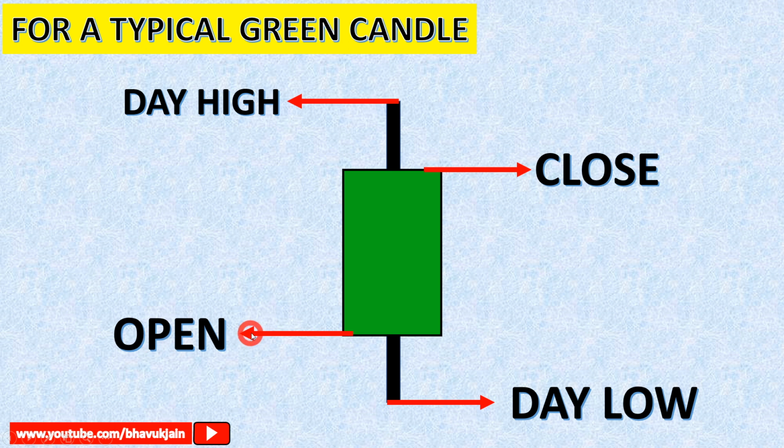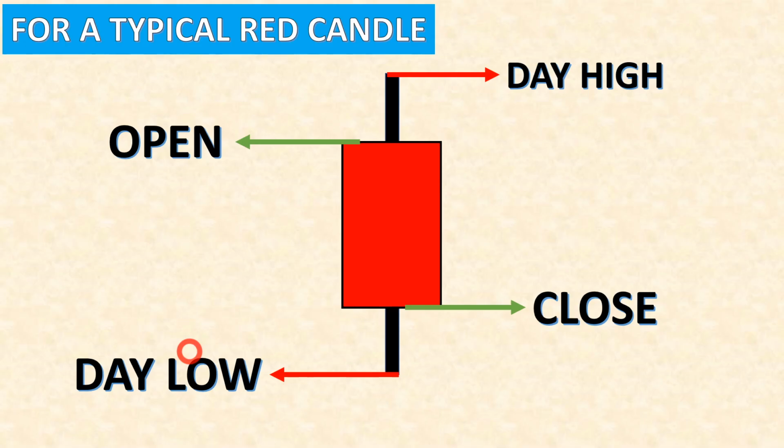Now the price opened here and it closed up here, so there is a difference. The close price is greater than the open price, which means that this candle is bullish. The price at which it opened, it closed at a price greater than the open price. Now you understand? We will see some examples later in this video. But before that, what about the bearish candle? We will see now.